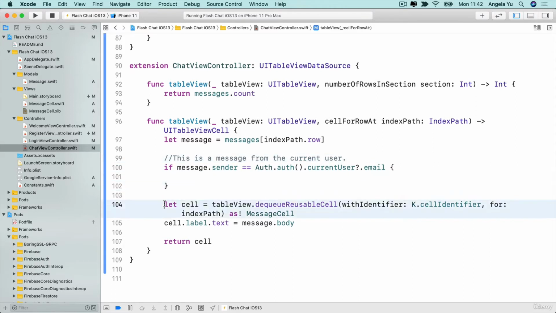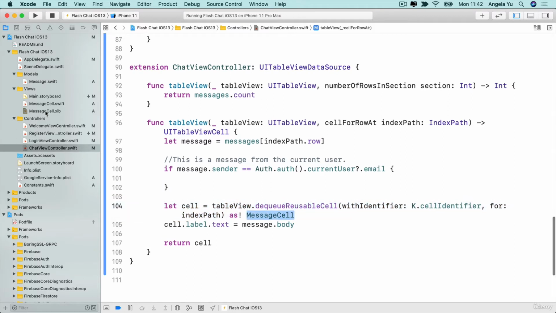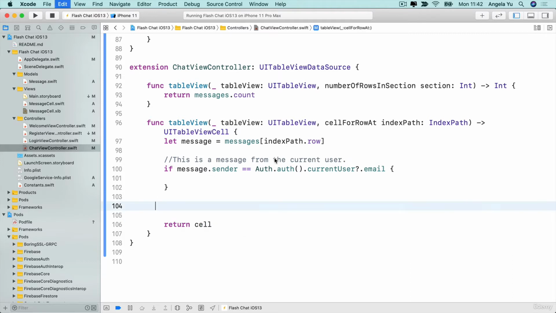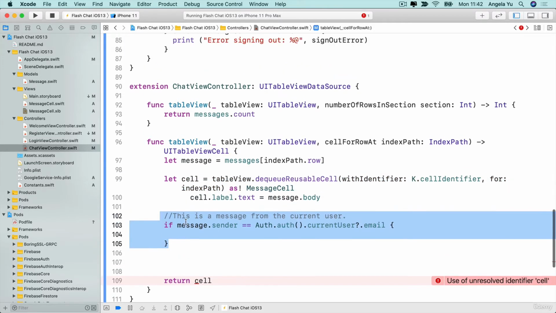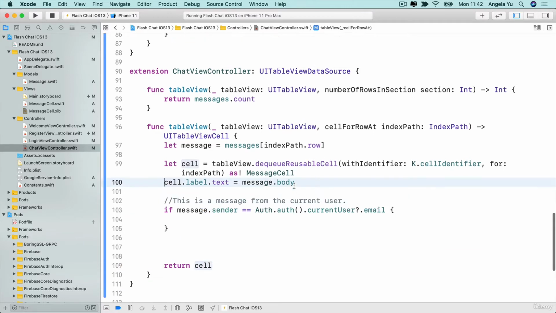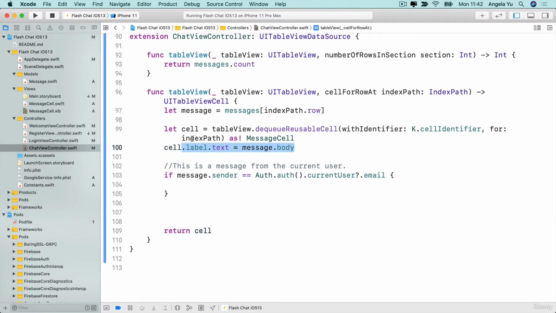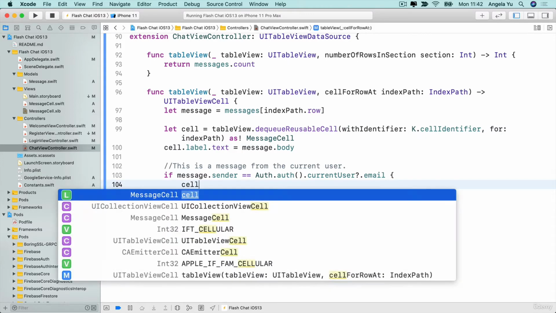And in this case, we're still going to be creating a message cell from the message cell class and the message cell xib, but we're going to modify it slightly differently. So let's go ahead and move these two lines of code to above where we actually make the adjustments. So right here. So now that we've added the message into the cell, we're ready to go ahead and customize it. So the first thing we're going to do is we're going to say